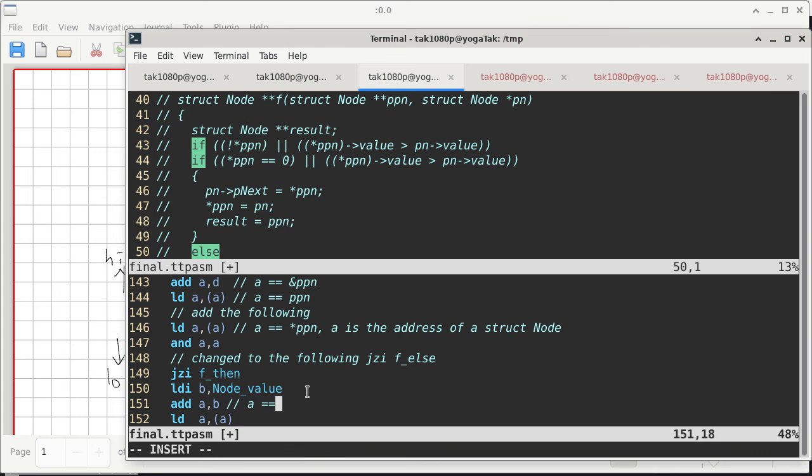So at this point, A is the address of whatever ppn points to, and we are looking at the member value of that thing. So this is what is in register A at this point. Are we still doing okay so far with this? Okay, I can see some squinting. So I'm going to pause on the